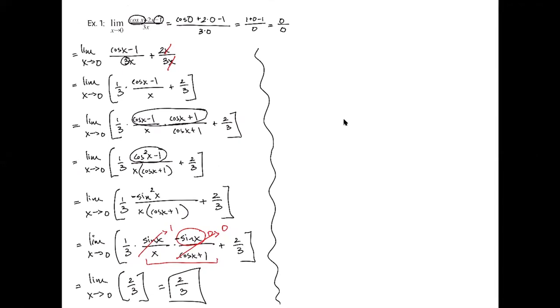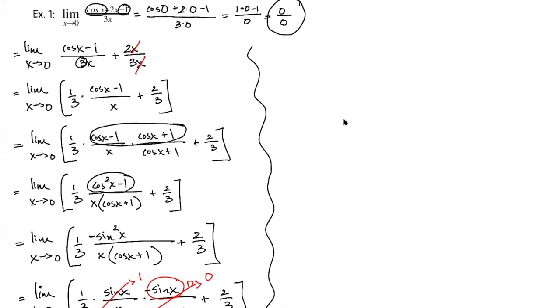Now again, I know I can use L'Hopital's because this is 0 over 0. If it's not 0 over 0, I can't use L'Hopital's, all right? So if it's like 0 over 5, can't use L'Hopital's. If I plug in the number and I actually get a number out, can't use L'Hopital's, okay? So it's not an all the time kind of thing. It's when it's 0 over 0 or infinity over infinity.